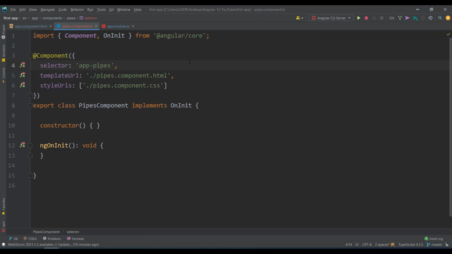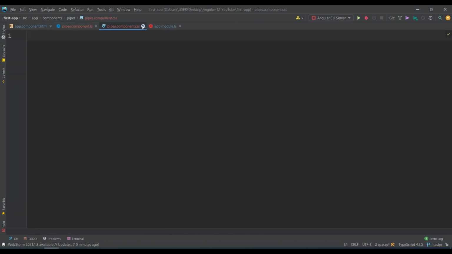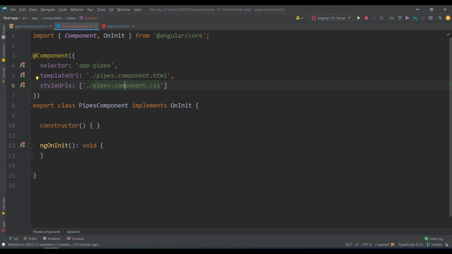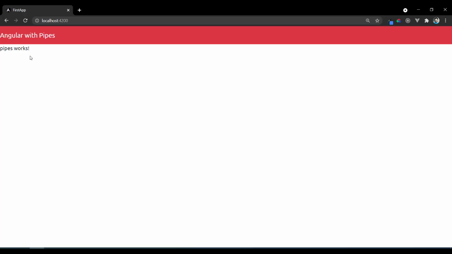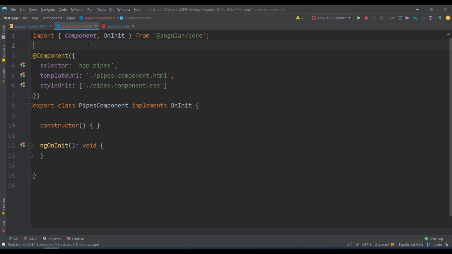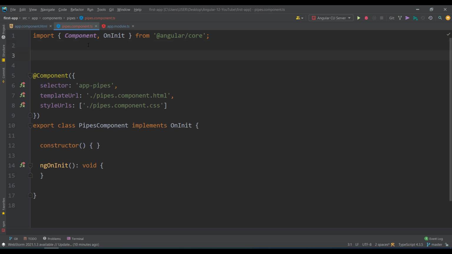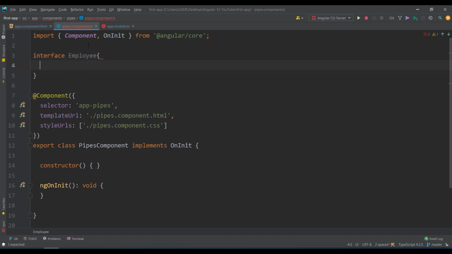Now my plan is, let's take some data and then I'll convert it into my own format. Since it is data, you have to define the type first. So let's take an interface, Employee.